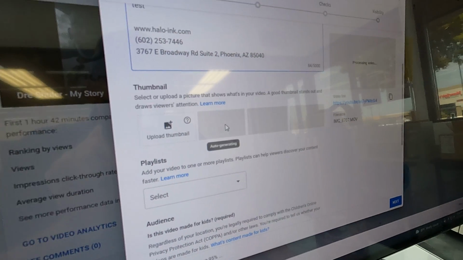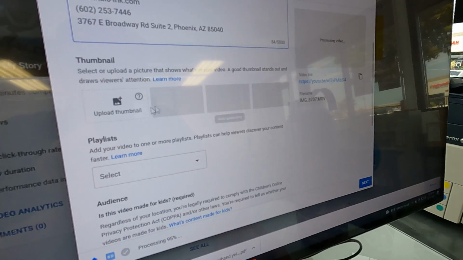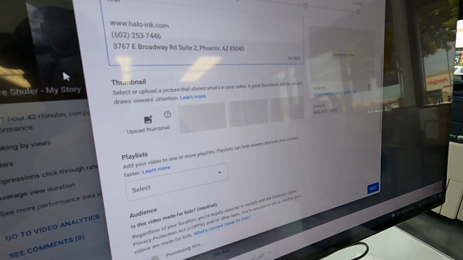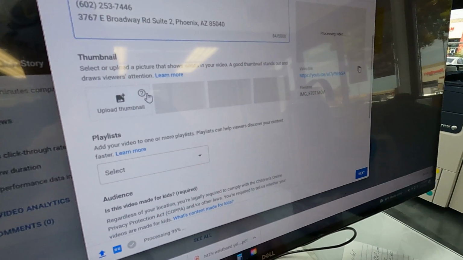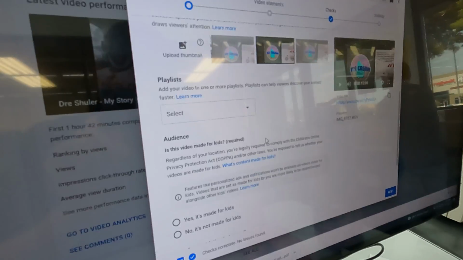Once the video is processed, you'll be able to select a thumbnail. Go ahead and pick whichever one looks best, or if you have a little bit of design knowledge, you can go ahead and create your own thumbnail. I find it's easiest just to pick one that self-populates. Playlist,